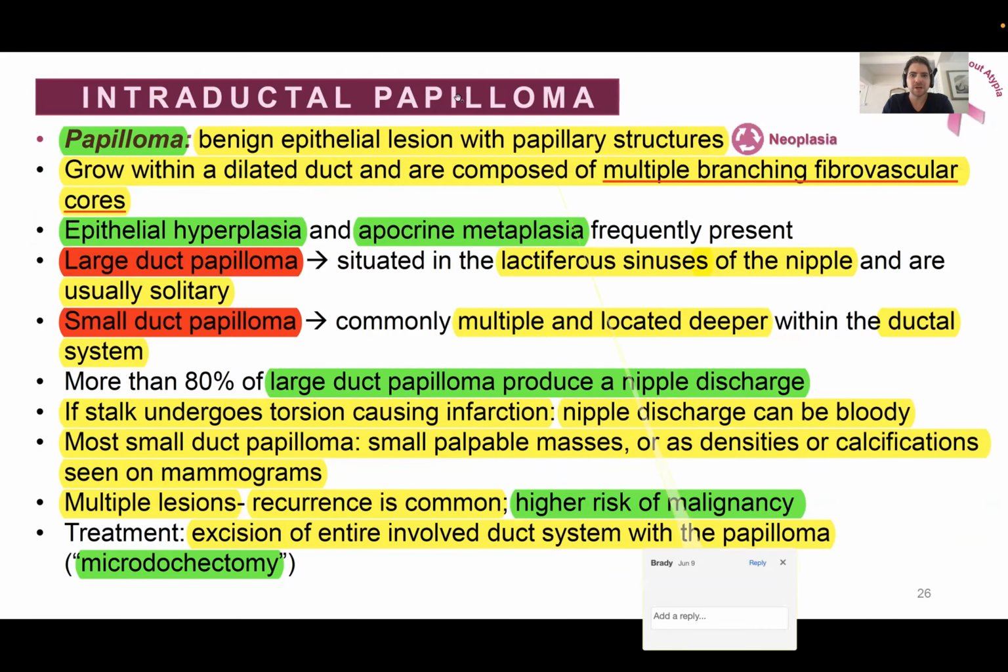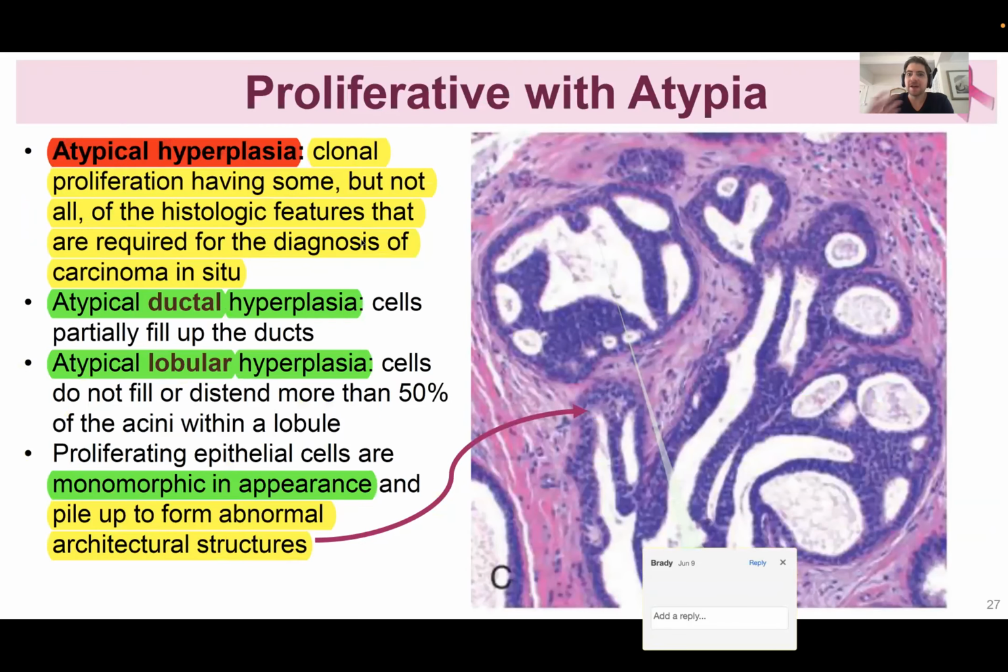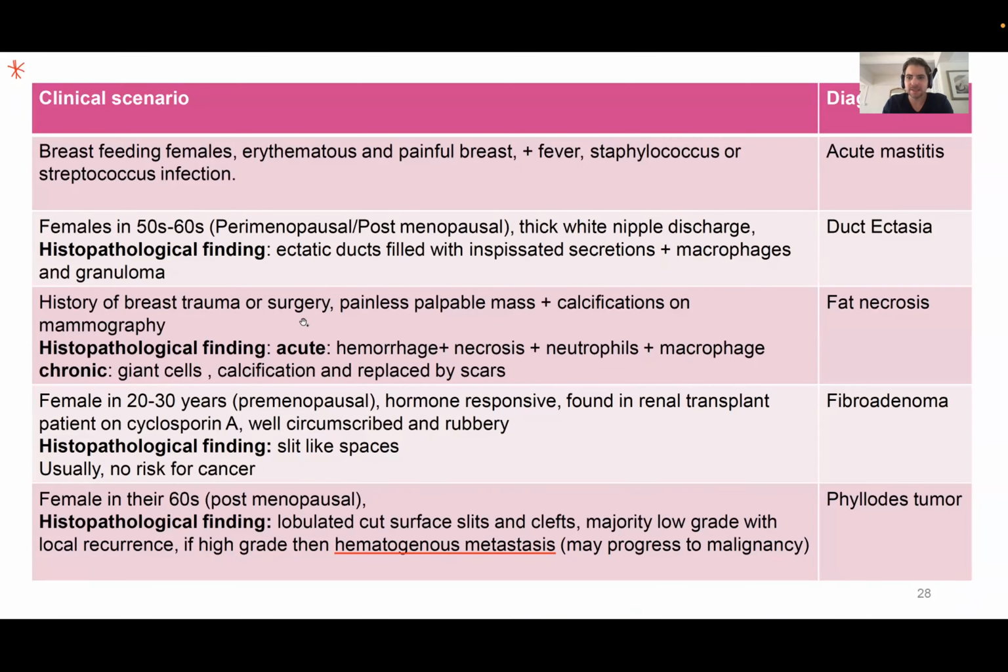Right, and then there's intraductal papillomas, these epithelial growths into the papillary structure. They could be large or small, either way. And then you have atypia. So these are going to be the more aggressive tumors, ductal versus lobular, and we'll get into that in a second. Here's a nice little slide that kind of,